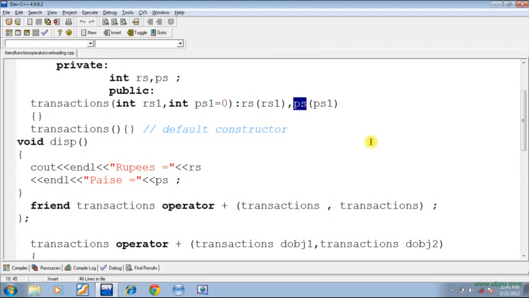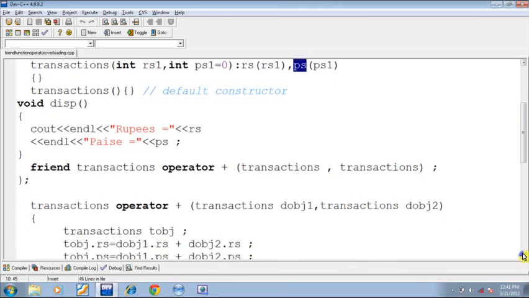So the value 5,000, a plain integer value, will first be converted into an object by this special default argument value constructor, and then that converted object would be passed to dobj2.